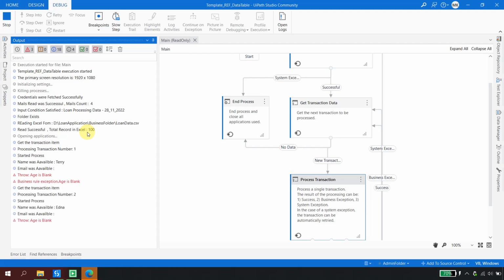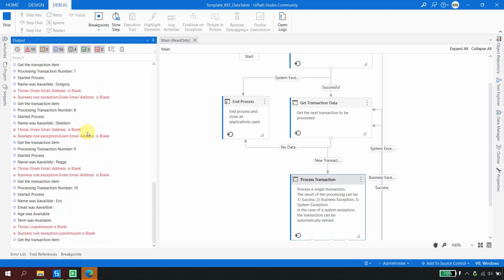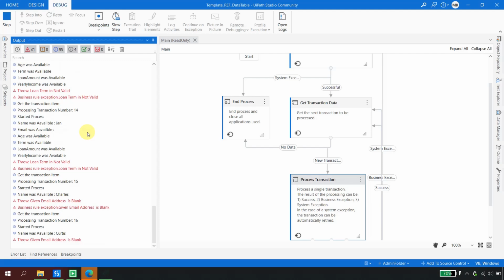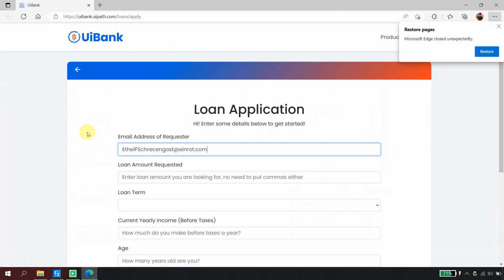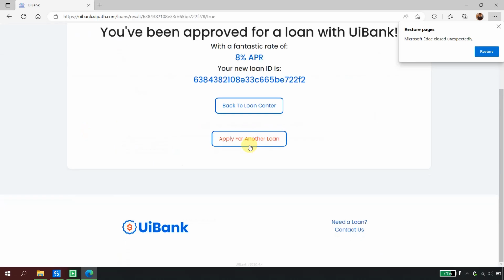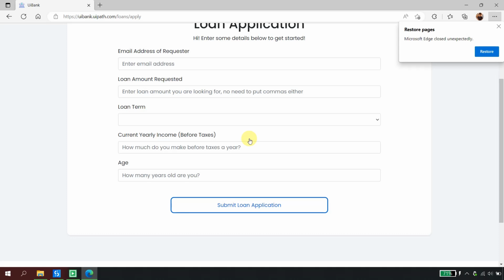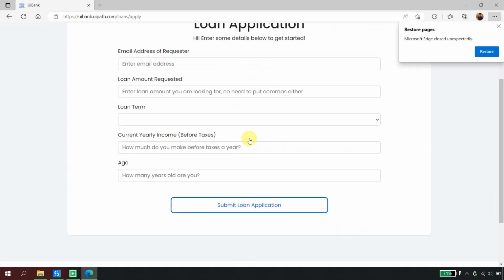It is processing for Terry, where age was blank. It has started doing the validations. So hopefully this should be good, right? As you can see in the bottom, the Excel is flashing, right? That means that the status is getting updated back to the Excel. So in total we had 100 records. The robot is working. For the valid records, the robot is filling up the loan application. Wherever the record is not valid, the status would be updated back, and wherever the application is valid, it's simply filling this in. Okay, generated the loan ID,